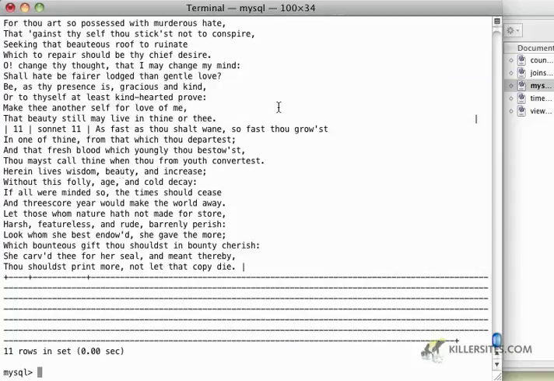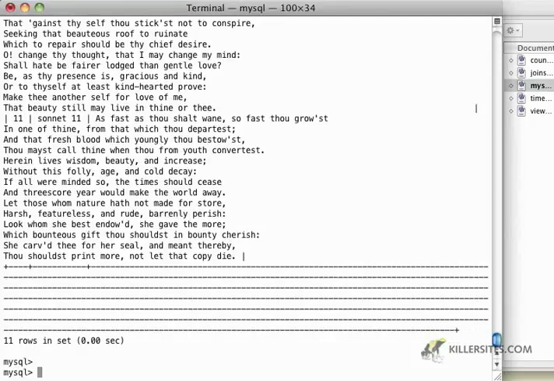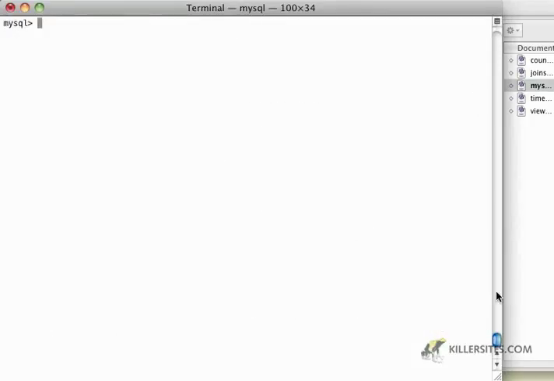So now that we have our sonnets in our database, if we wanted to do a non-MySQL search, it would actually be very slow, and there'd be absolutely no caching. And it would look a little something like this. We'd say select star from sonnet,